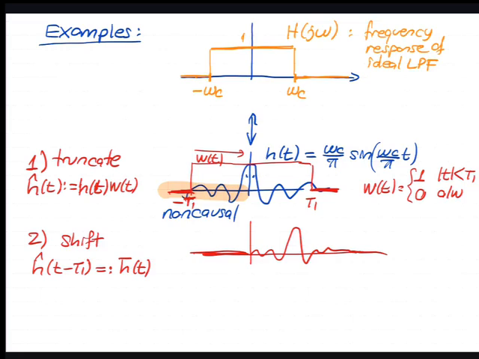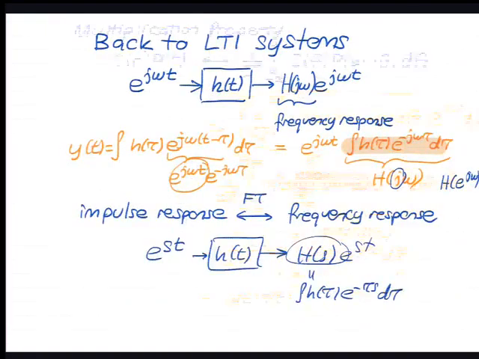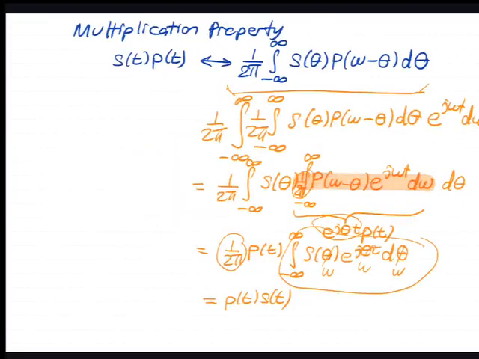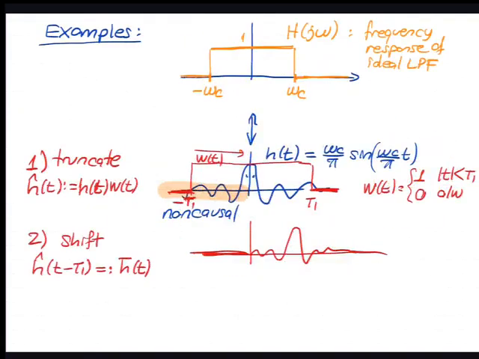So what happens in the first operation? I multiplied h with w. What happens in the frequency domain? It's a convolution. That was the last property we discussed, right? Multiply in time domain, you get convolution in the frequency domain. What am I multiplying? I'm multiplying a window function, w of t, with the ideal impulse response of an ideal filter, and that's what's happening. So basically, this will give us an h hat